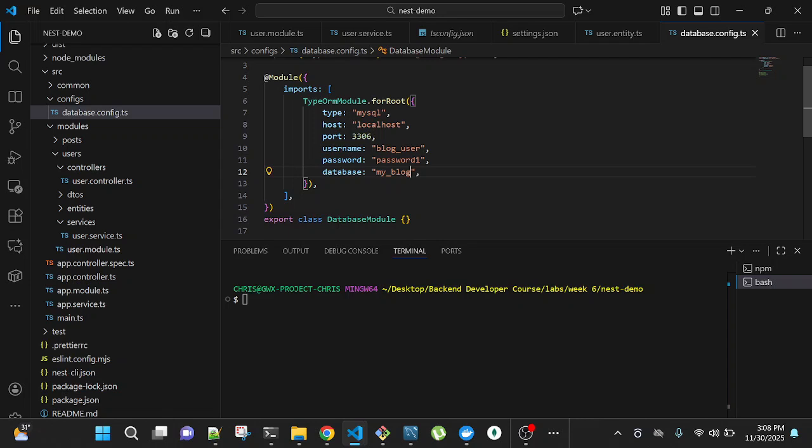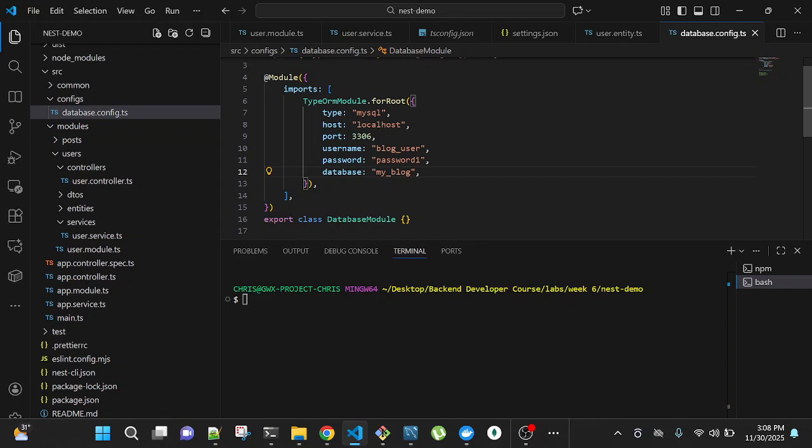What NestJS will do is that when we start our application, we need to tell it, because the entities we define are mapped to our database, right? So we need to tell this database configuration that when our application has started and this database module has been initialized, the entities that we have in our project, you need to synchronize them with the database.